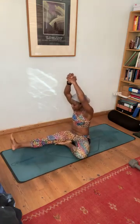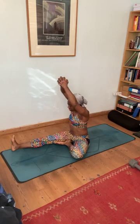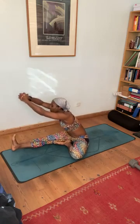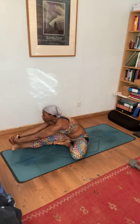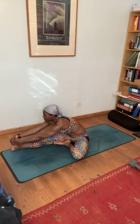Swap legs over, left leg out, right leg in. Create pressure with your right foot sole against the left leg thigh muscle. Inhale, turn to the left, all 10 fingers interlocked. Grab the foot 2 inches below the toes, pull the toes back, flex the foot, pull the toes back as